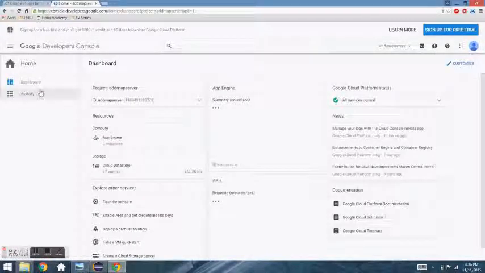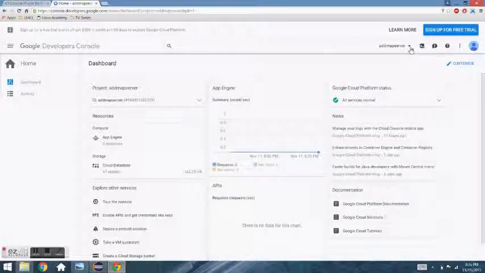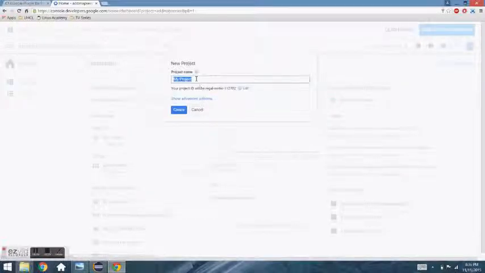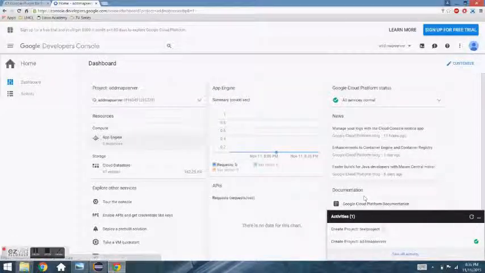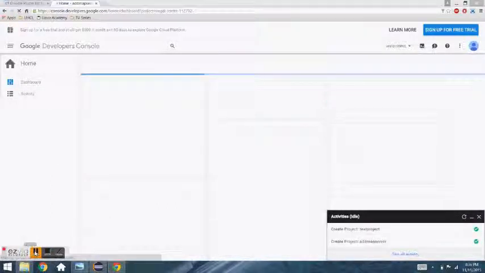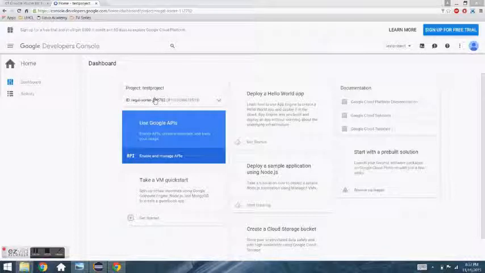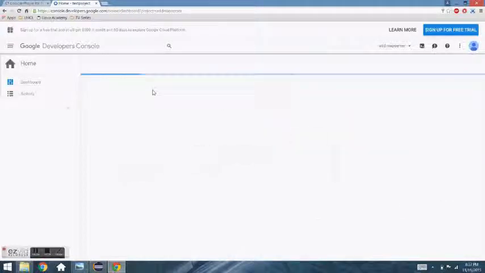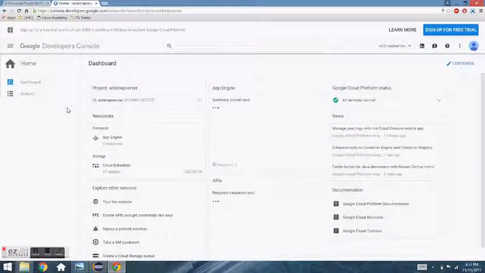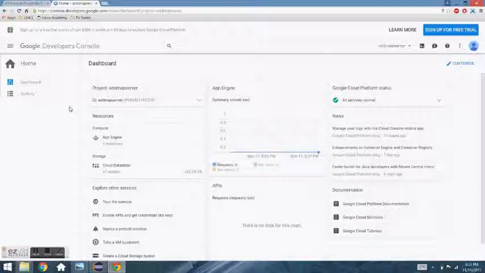So right here, this is my application which I created. You can just simply hit here and create a new project. You will be given the project name, like test project. Create. So you can see that this project is created. But I already created my project, which is AddMap server, and when you create the AddMap server, it's going to ask